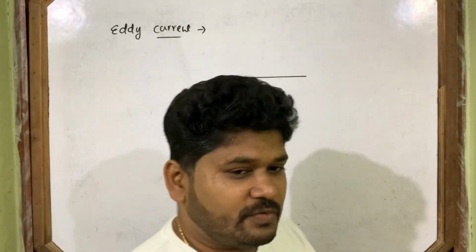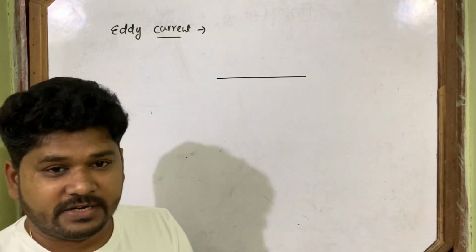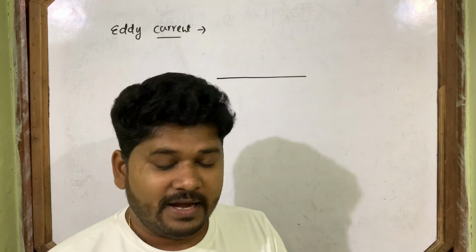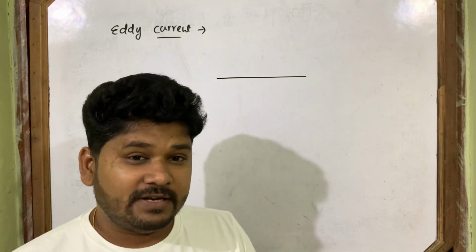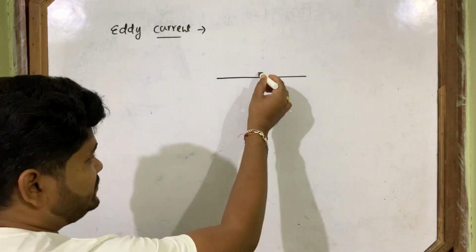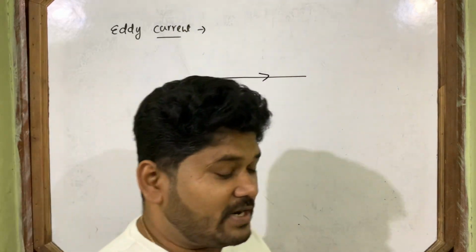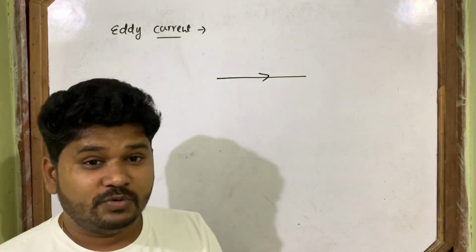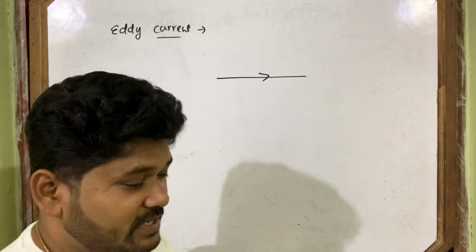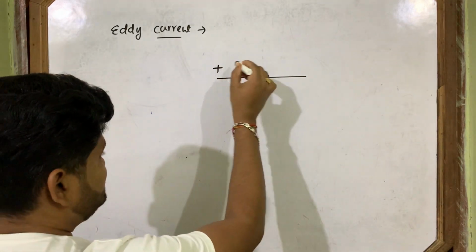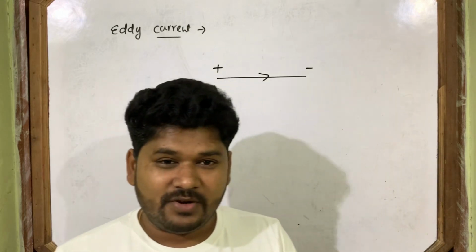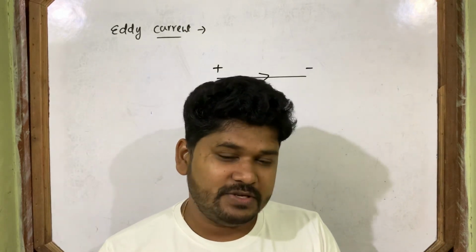Whenever we discuss a conductor, immediately it comes to mind that you draw a line. And if I tell you that now current flows through this conductor, immediately what will we do? One arrow mark. That current passes from which terminal to which terminal? From higher potential to lower potential, that means from the positive terminal to the negative terminal. We always draw like this.